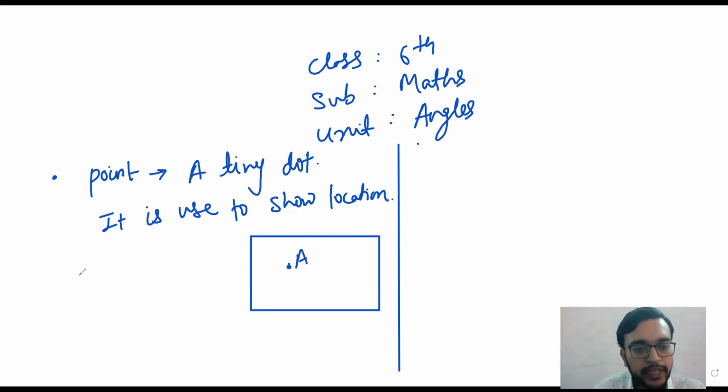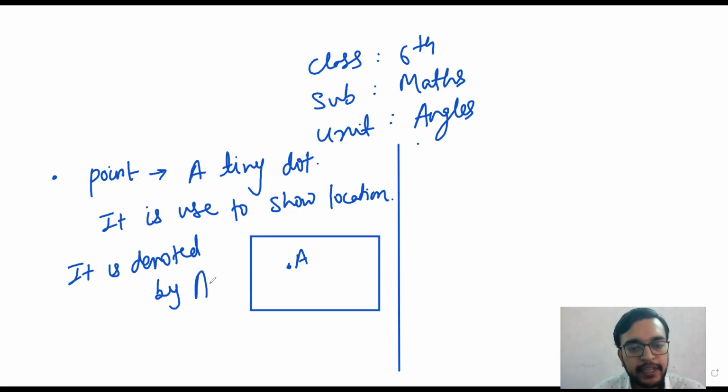The point is denoted by a capital letter, suppose capital letter A. This is point B. This is point C. Now, have you cleared what is meant by point? For example, we can say the tip of a pencil,